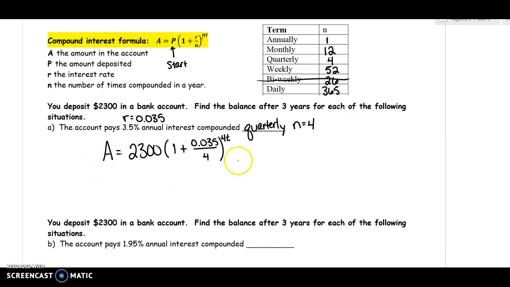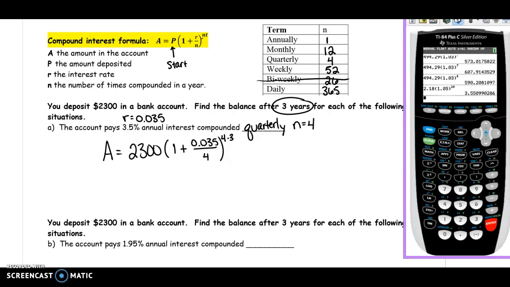The tricky thing about this is how to plug it into your calculator. So actually it says 3 years, so instead of that t, we can put in times 3. So to put this in your calculator, parentheses are your friend. 2,300 times, I use parentheses, 1 plus 0.035 divided by 4, closure parentheses, raised to the, in a graphing calculator, it gives you this field in the exponent,